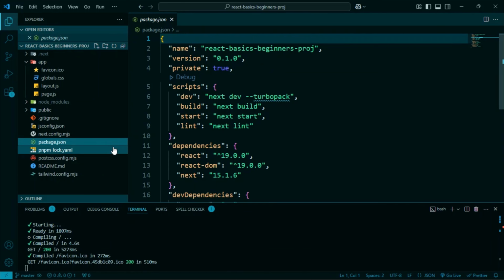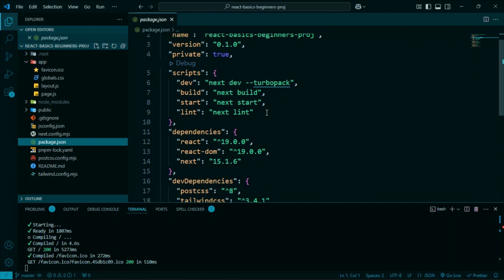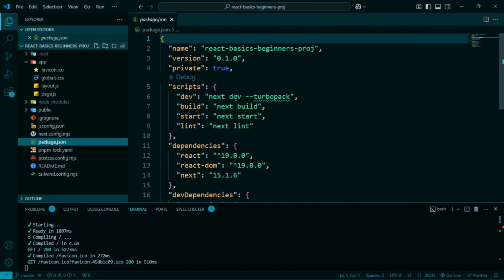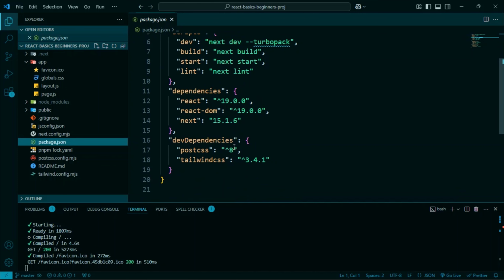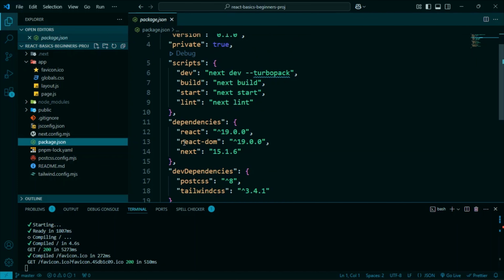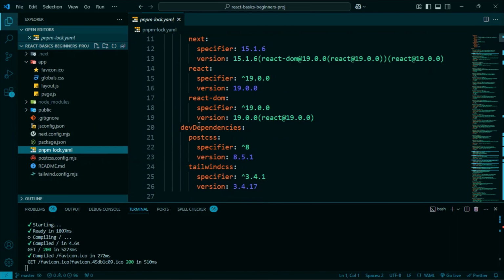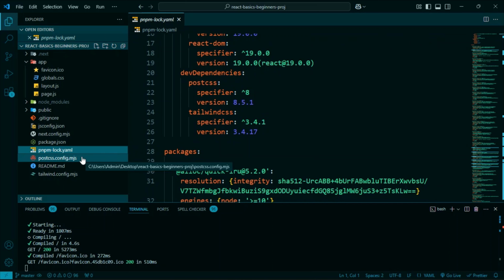Don't add anything. We also have the package.json. This is where we have the scripts and the dependencies. As we proceed, we shall be adding more scripts and dependencies in this package.json file. We also have the lock file. Leave it as well, don't add anything. The postcss config, and the